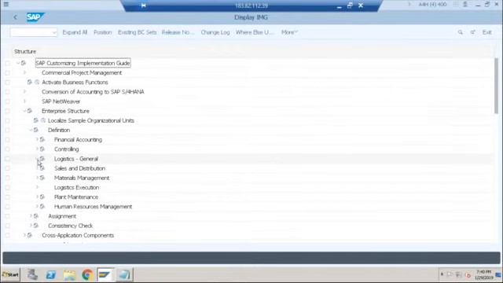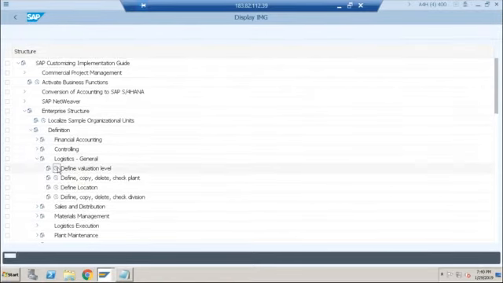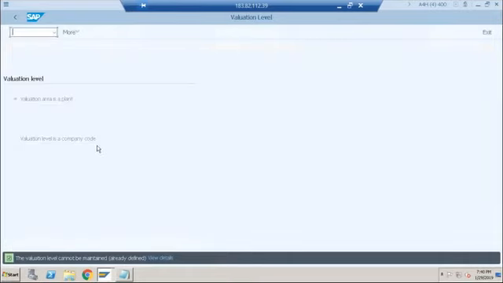Here you can specify whether your valuation area is a plant or whether the valuation level is a company code. The company code option is not recommended. Mainly for manufacturing companies, the valuation area should always be a plant. Although there is an option, normally we use valuation area as plant in 99% of the companies. You can even check on your client, you will find the valuation area is a plant.